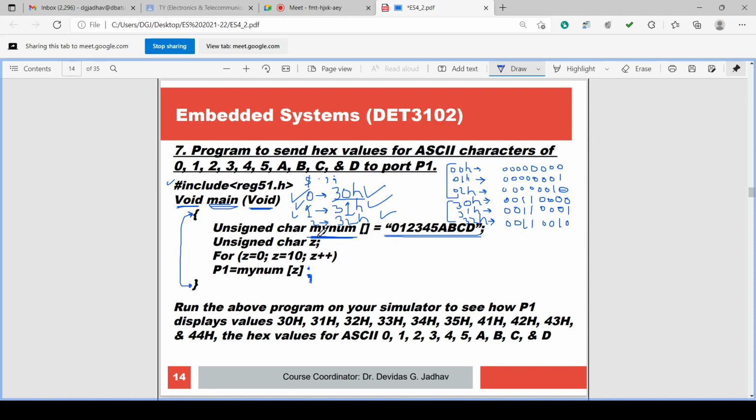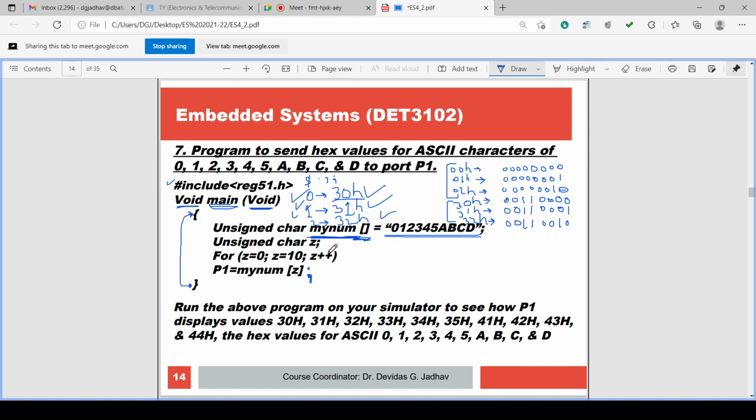So unsigned char mynum is the array declaration, because it is an empty square bracket, and its values are also assigned here.